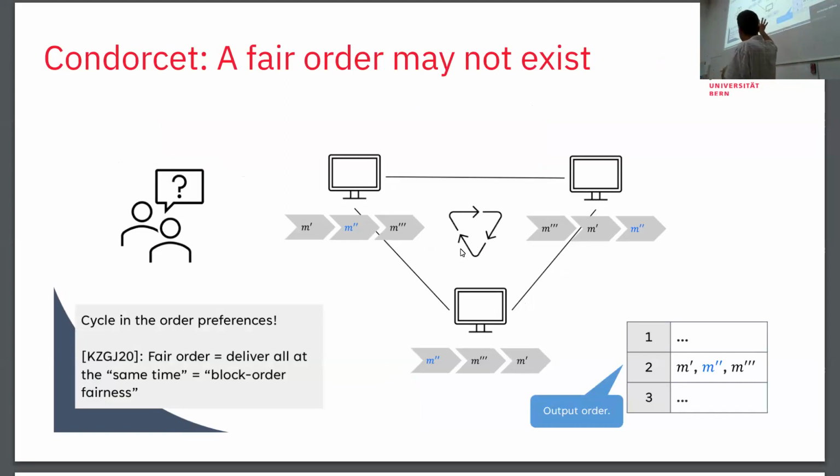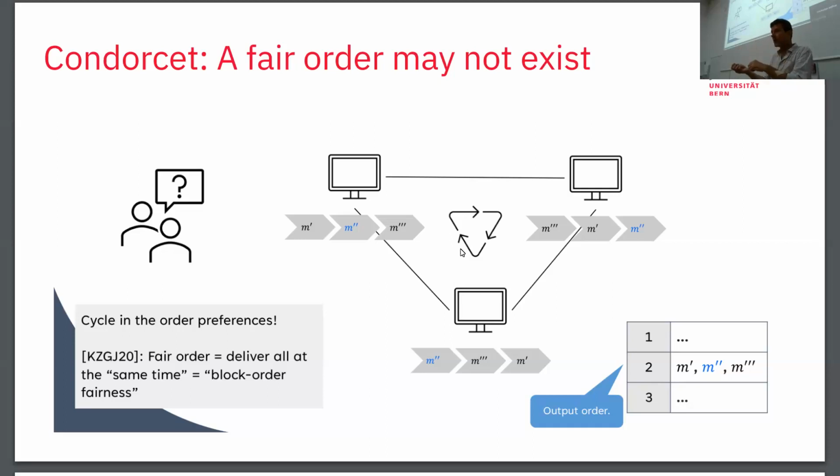It's called the Condorcet effect or paradox because there's no majority. And so the notion that we are going to use here is one where we say, aha, apparently, if there exists such a cycle, this is a cycle, right? Because they point to each other, preference of the actual messages, which one was received before the other.